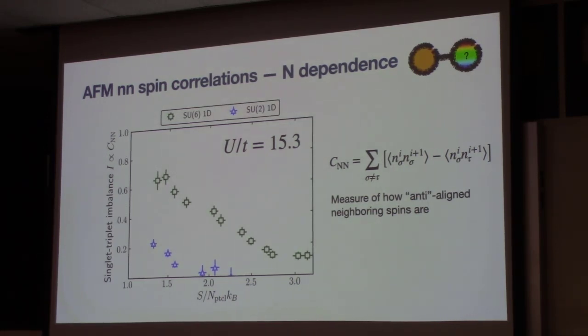So what can we see first here? The first thing that I notice is that if we make a horizontal cut, correlations develop at higher entropies for larger N. And the other thing that we can notice is that if we make a vertical cut, these correlations get enhanced for larger N as well. So let's try to understand this with a simple physical picture.